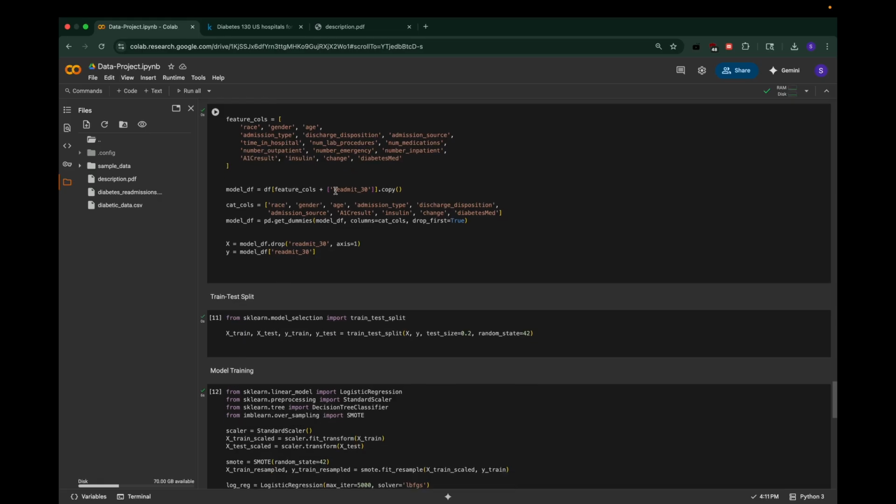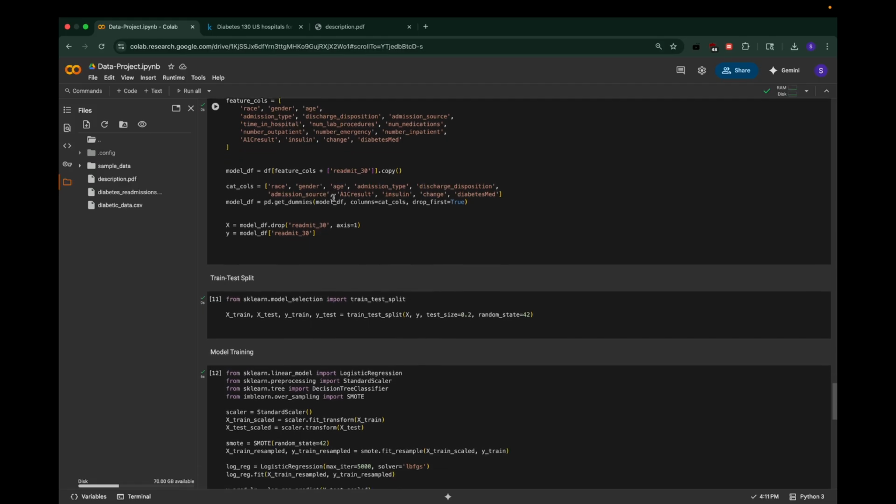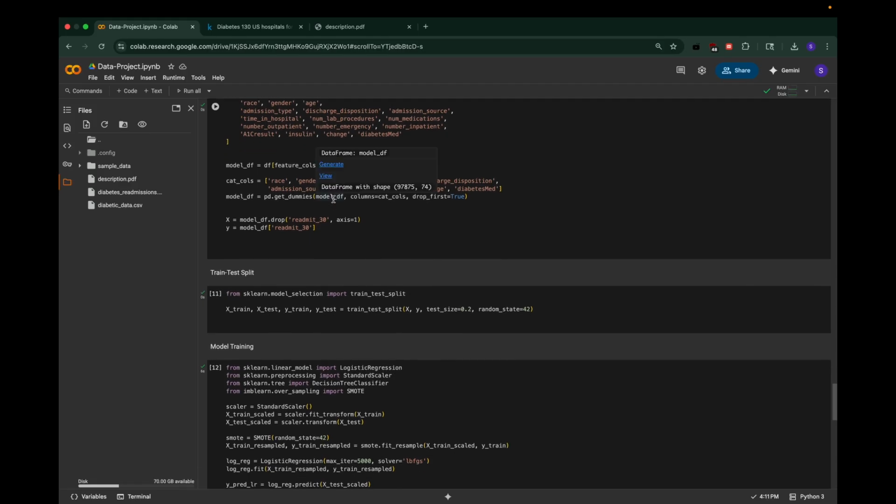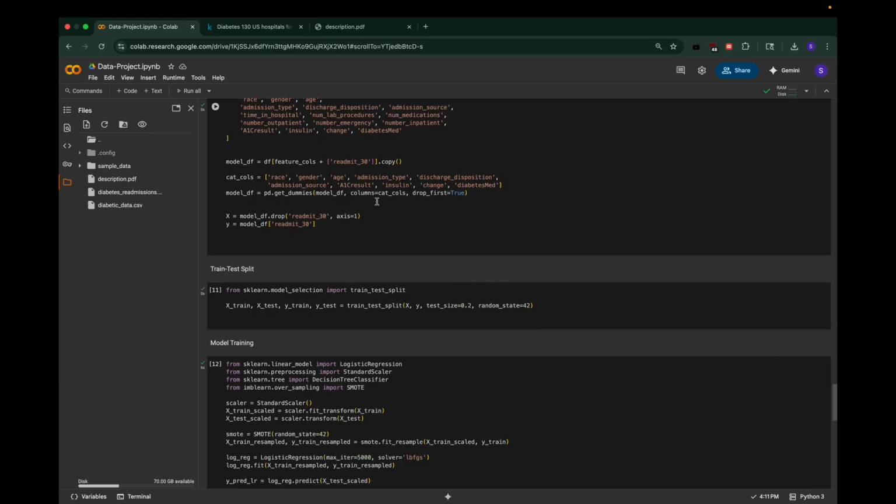Then I created a data frame that only selects the chosen features and the target variable, readmission 30. Afterwards, I identified all the categorical columns, and I used pd.get_dummies to apply